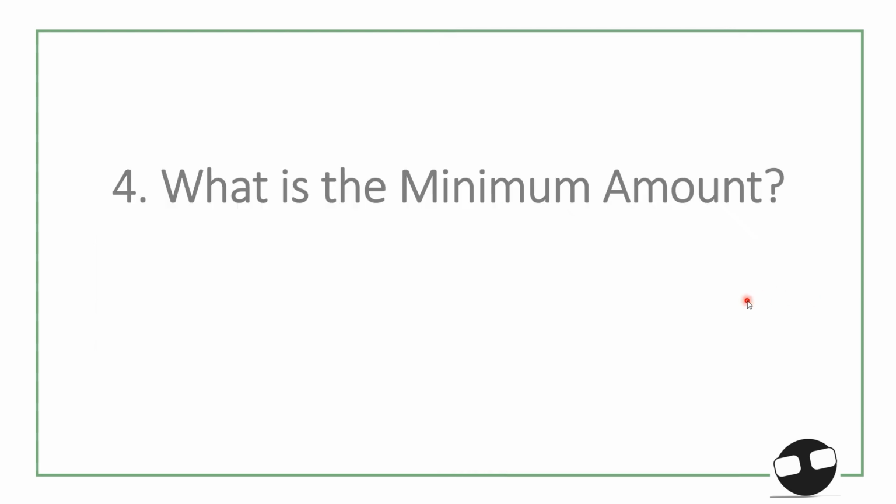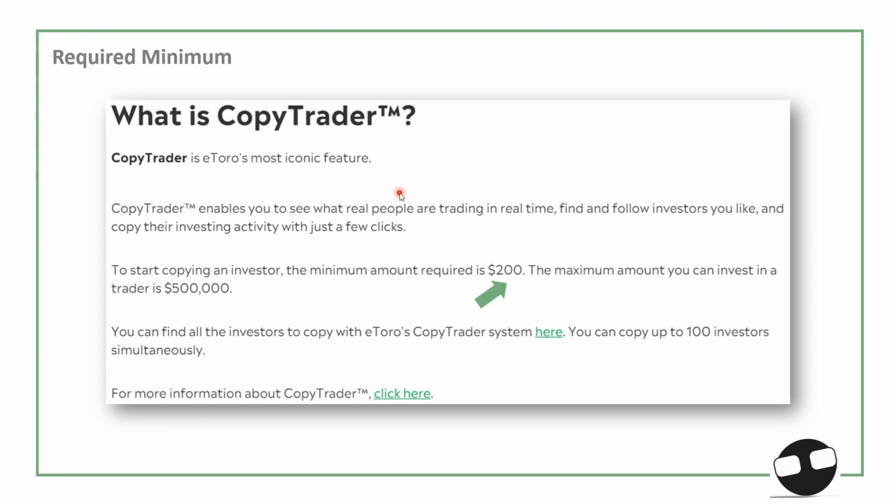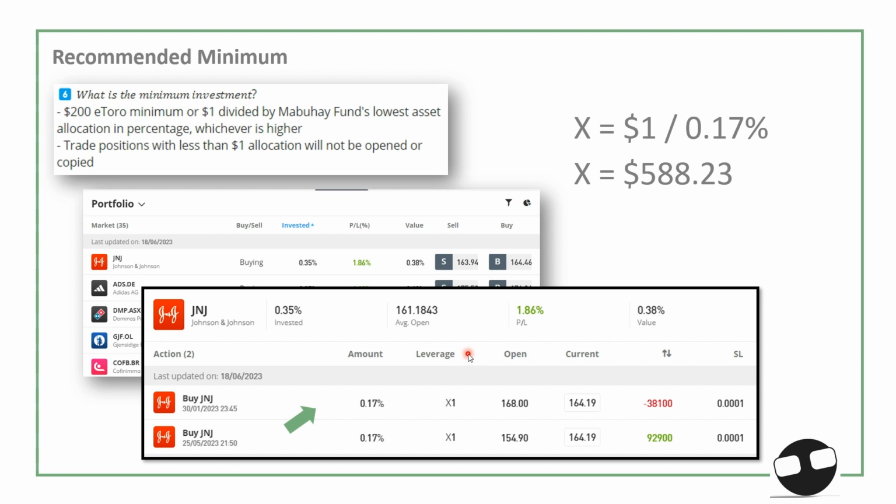So the fourth one is what is the minimum. Now here, if you explore the copy trading of the portfolio, or copy trading of eToro, you will be directed to this link that states that to start copying an investor, the minimum amount required is $200. The maximum amount you can invest is actually 500,000. You may have difficulties in copying portfolios that are very huge in terms of their portfolio size. That's why in my pinned post, I discussed that the minimum is $200 by eToro, but the recommended would be $1 divided by the Mabuhay fund's lowest asset allocation percentage,